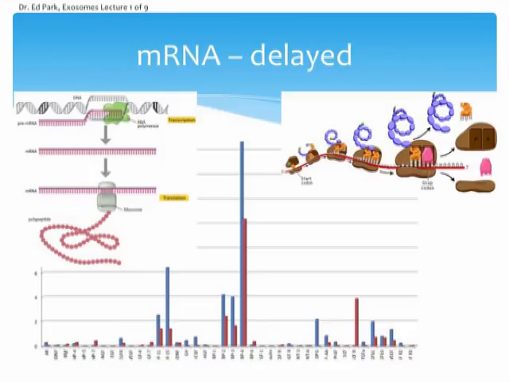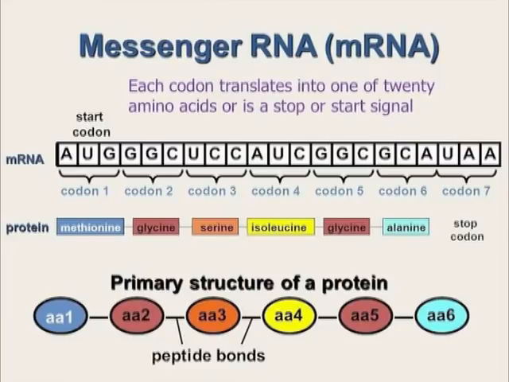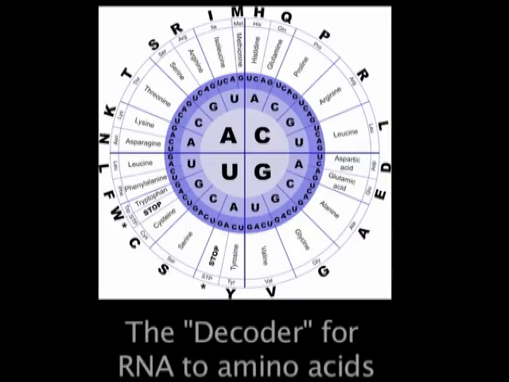The histogram shows some of the messenger RNAs that are found. Instead of the protein, these are sequences of messages that will translate into proteins. If you remember, the messenger RNA consists of a start and a stop, and in the middle are three-letter sequences of RNA molecules. The three-letter sequence denotes which amino acid will be assembled, and that's how the system works.